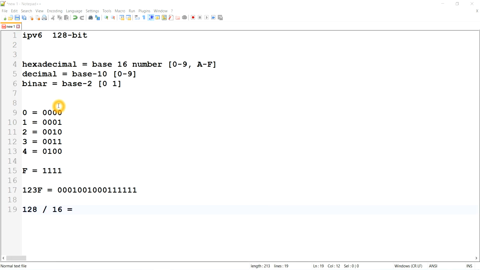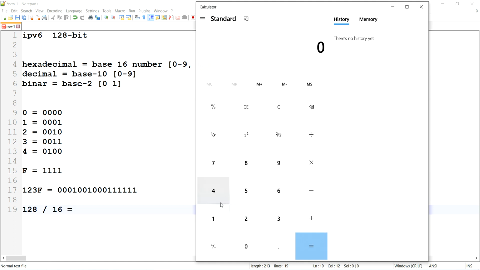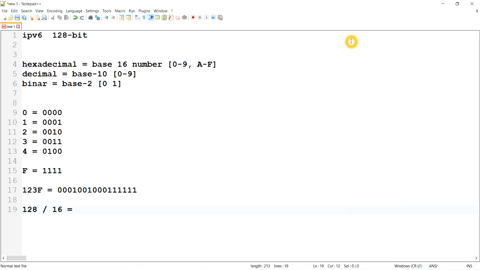Using this calculator, 128 divided by 16 is going to be 8, right? So here we have 8. So instead of writing 128 bits, we can now write